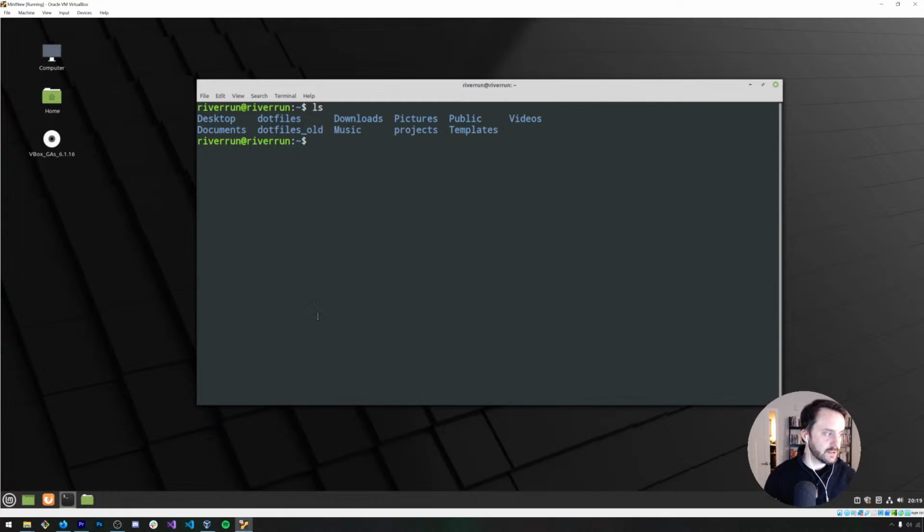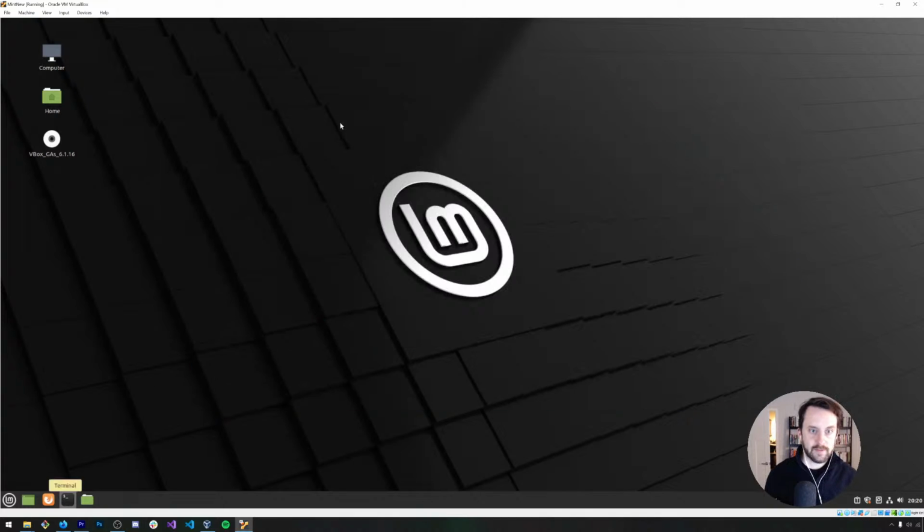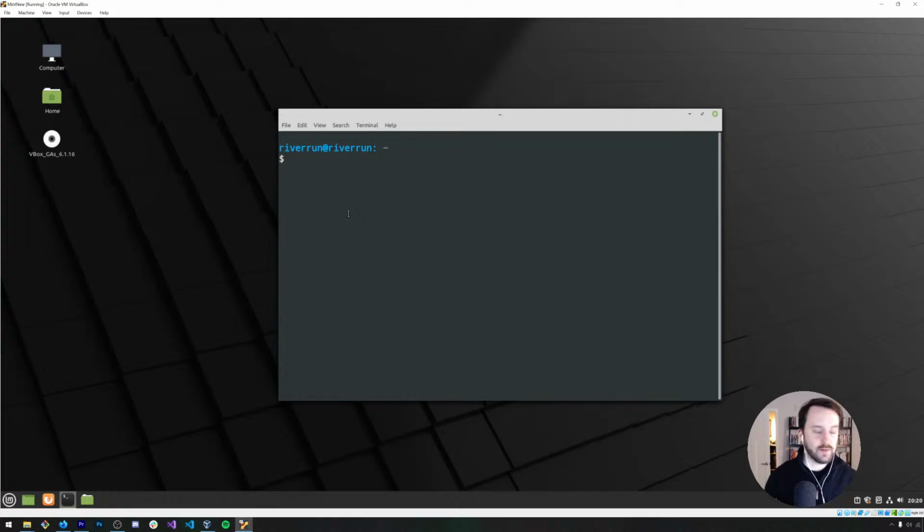Okay, let's switch shells to the default of Zed Shell. I think I can do a subshell and say which zsh. See what happens. Nice, so now we have Zed Shell back.